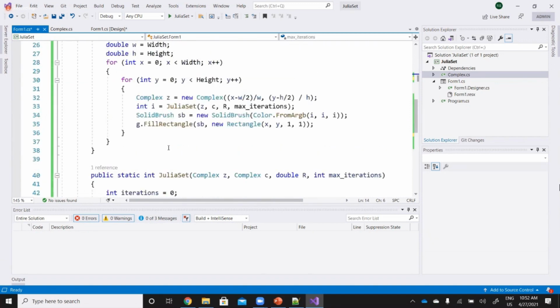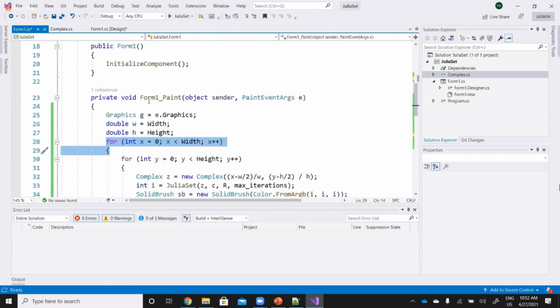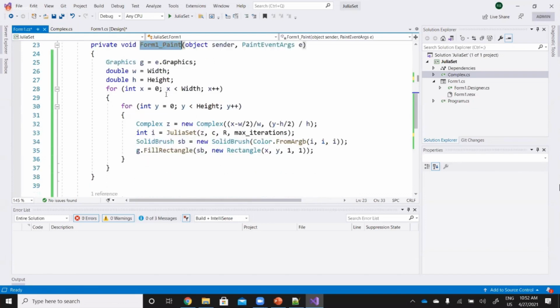What I'm doing here is I just traverse through. Now this is the paint method, right? If you remember the GDI plus work we did in one of the previous lessons. So here I again get the graphics object reference, and then here I have the width and height of this window, and I'm going from 0 to width and 0 to height by traversing through the x and y.